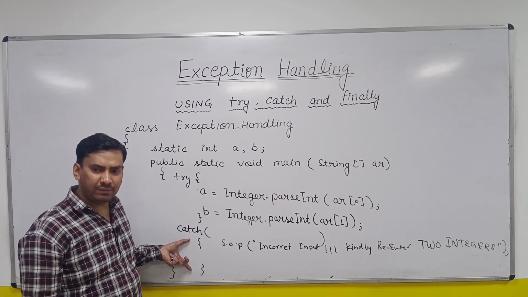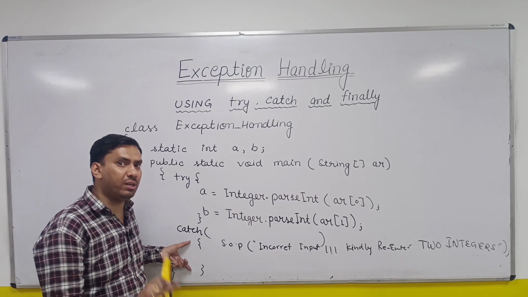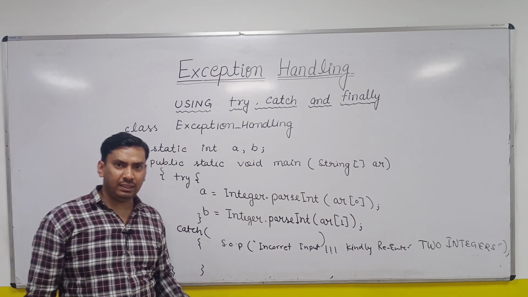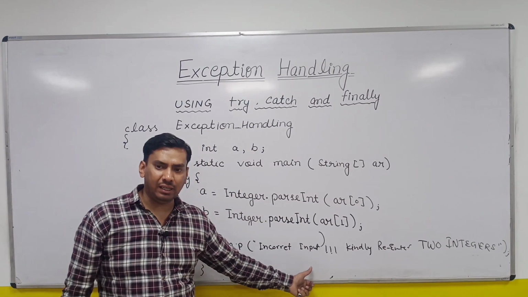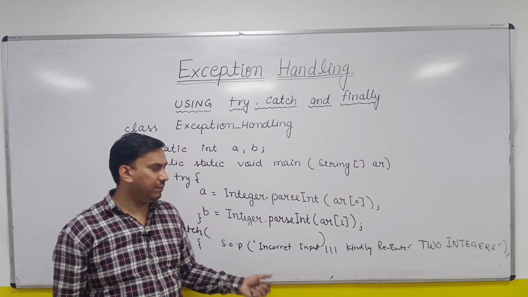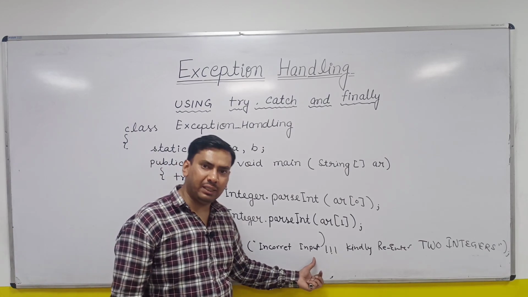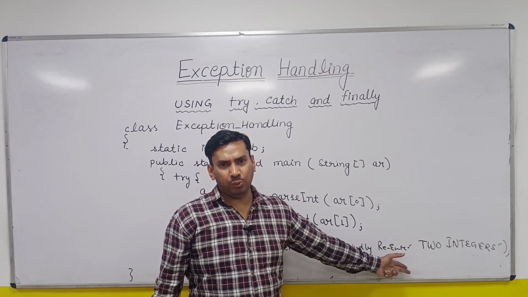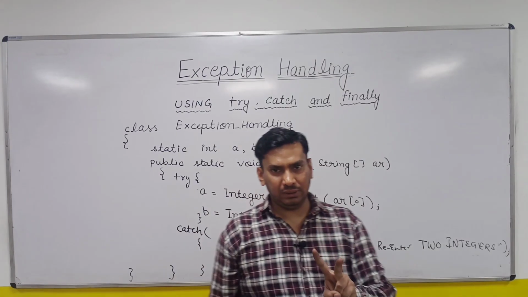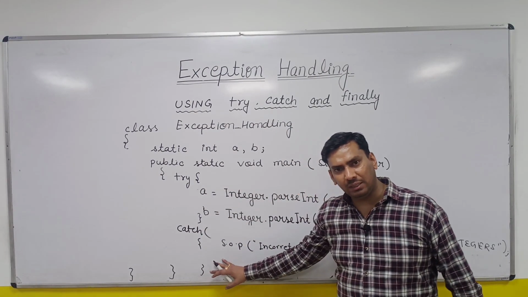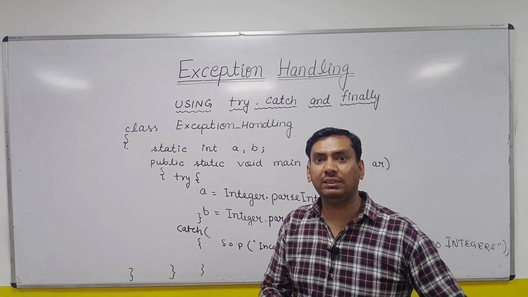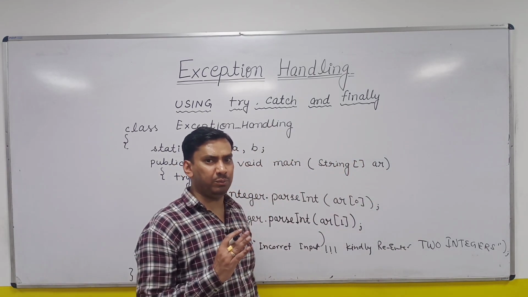First objective, as soon as you have written a catch block, even if you are writing a blank catch block, the exception is handled and the remaining code will execute properly. First objective is handled. Second objective, I have informed the user in a formal, simplified language what the problem is. I have simply said, okay, dear, you have entered some incorrect input, just re-enter the input. This is plan B I am providing. So here in the catch block, we are going to give you options. One is prevented the abnormal termination. Second one is giving the proper input. The third thing we can do is give a second chance, plan B, re-enter the input.